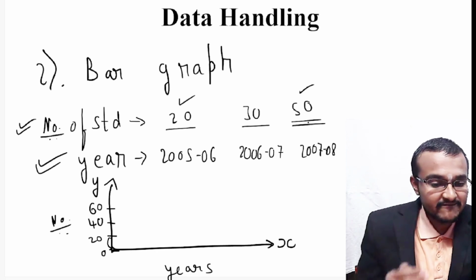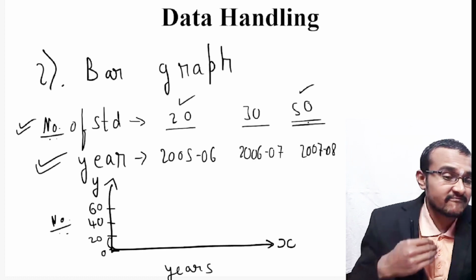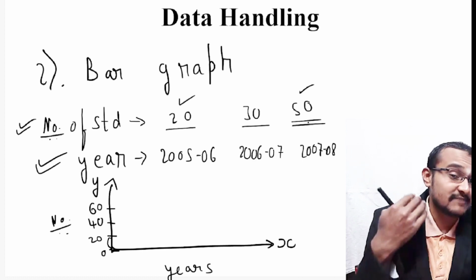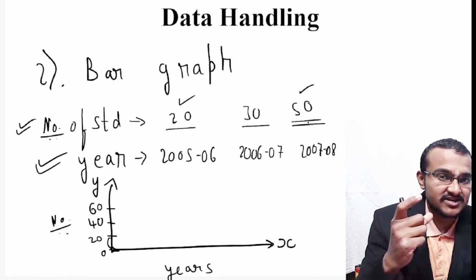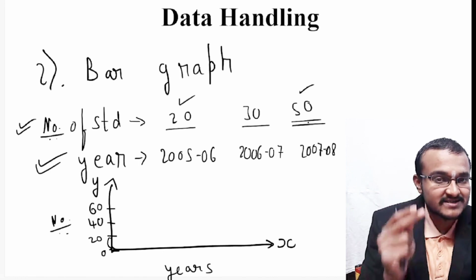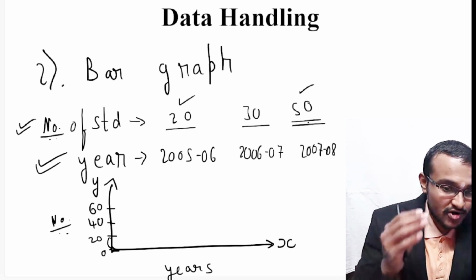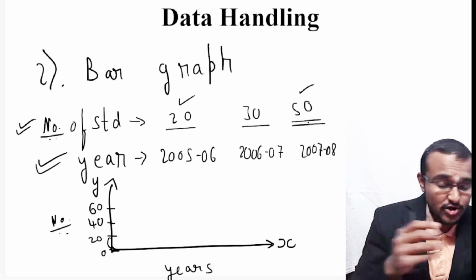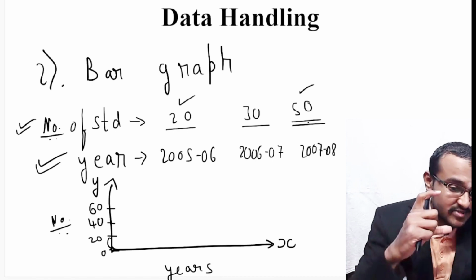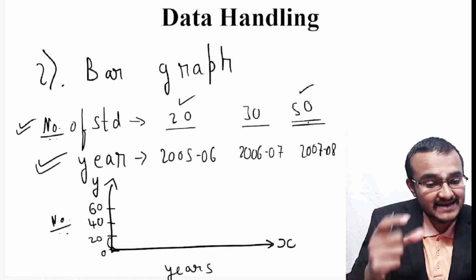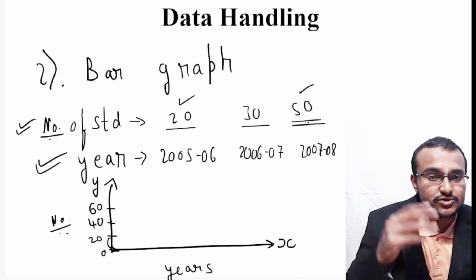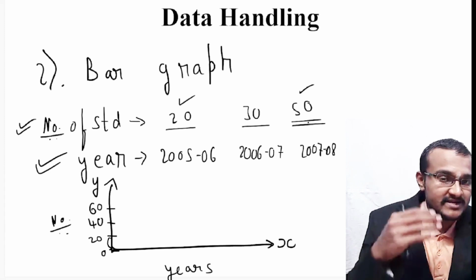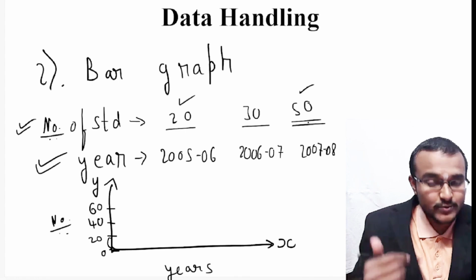So we have values starting from 0 up to 60. That means this particular range is actually containing 20, 30 and 50. So all your data points will be there in this particular range. Like that you should scale your axis. Now I have scaled between 0 to 60, where I have given 1 unit equal to 20 number of